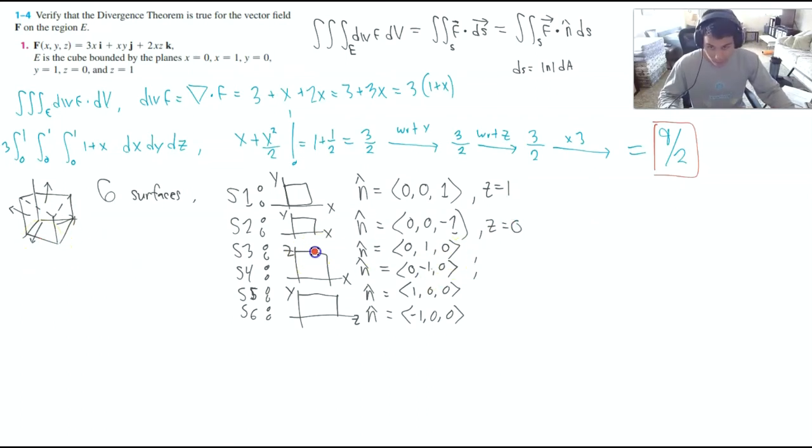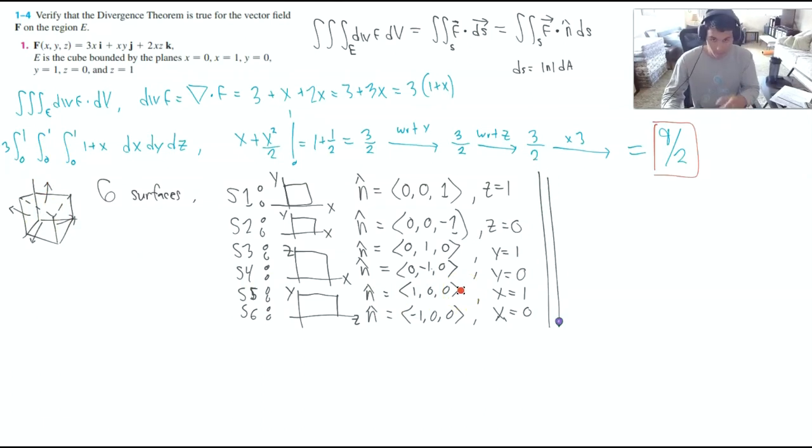And then how about this one, surface 3? This one is located where y equals 1, and the other one is where y equals 0. And then yes, the pattern continues. So this is just talking about the location of where that plane is. You can describe the top of the box, say it's at z equals 1, and the flow coming out of it is strictly in the z direction. Okay, so if all that's true,